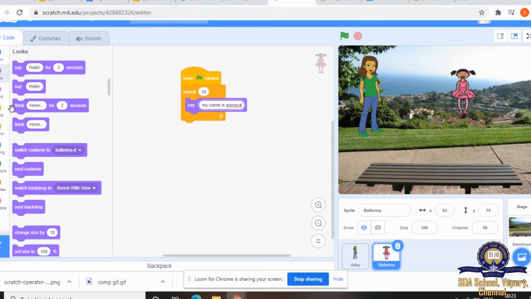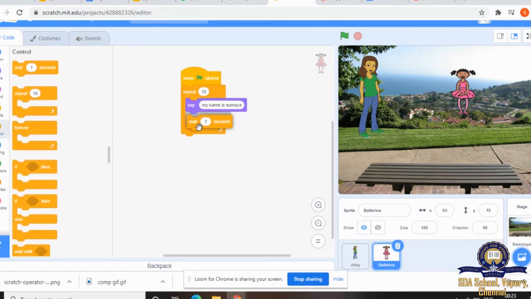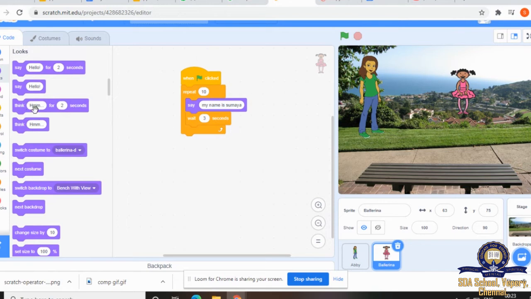Then again she's going to ask, so I'm going to give wait for 3 seconds. Then she is going to say the age.